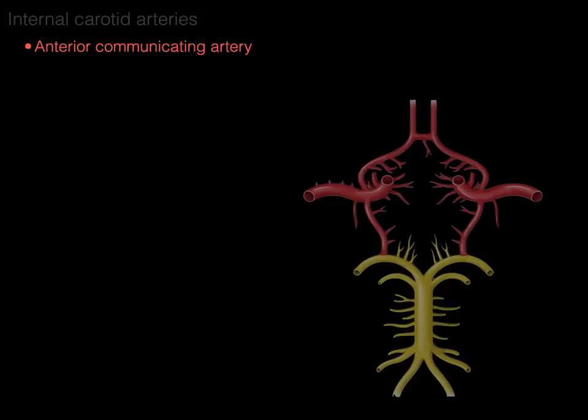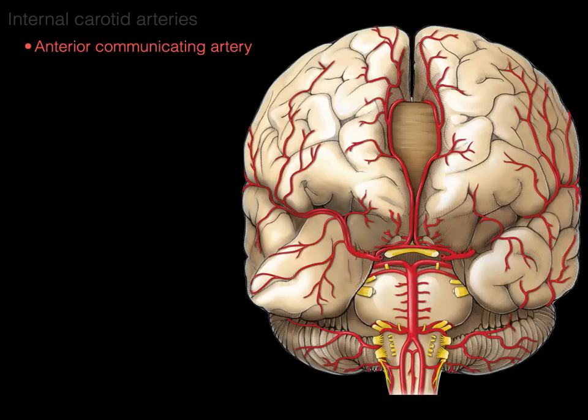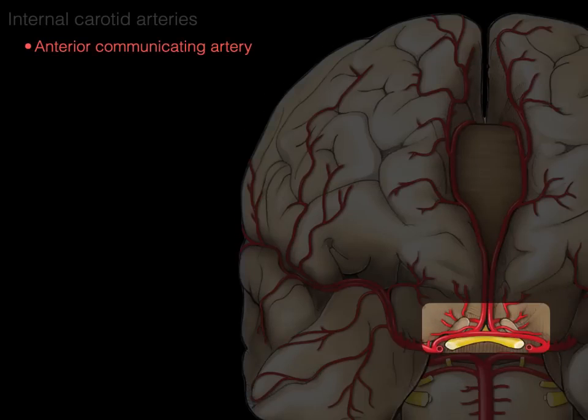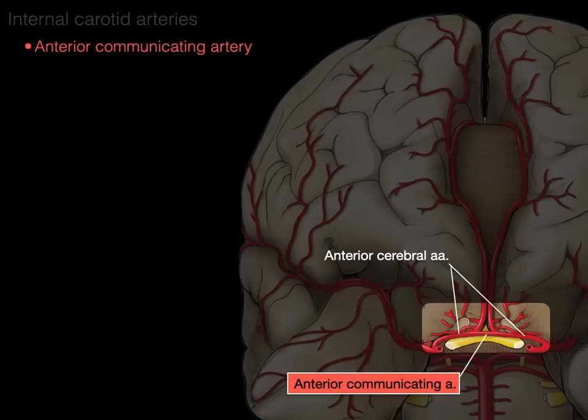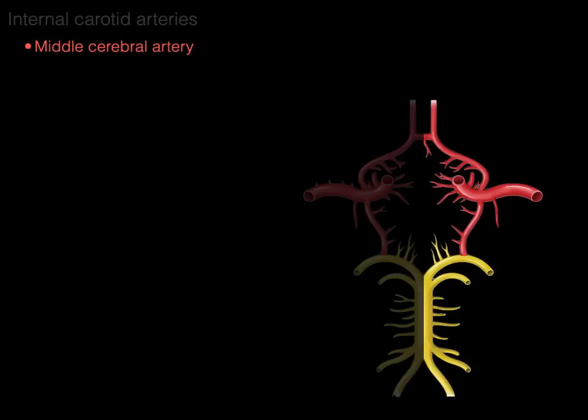All right, now the anterior communicating artery is between our two anterior cerebral arteries right there, our anterior communicating artery. Let's do that again from this anterior view. There are our anterior cerebral arteries, and right there is our anterior communicating artery connecting the two together. Now our middle cerebral artery is right there, and middle cerebral because it's the middle of the